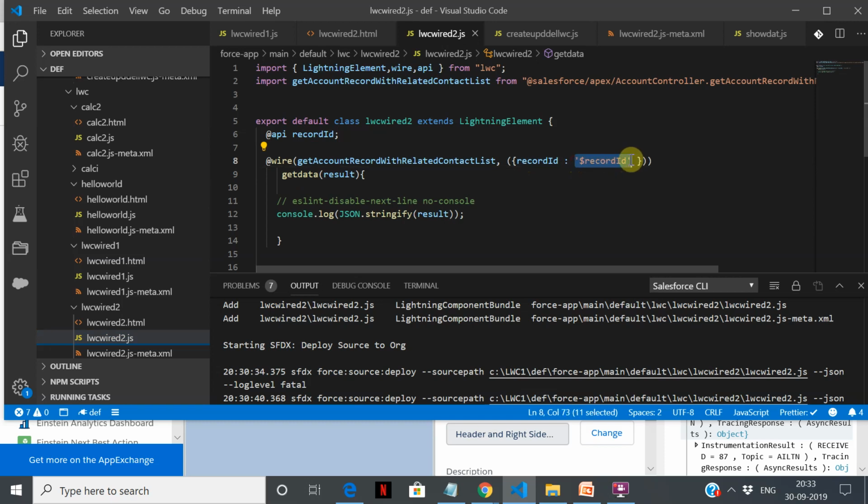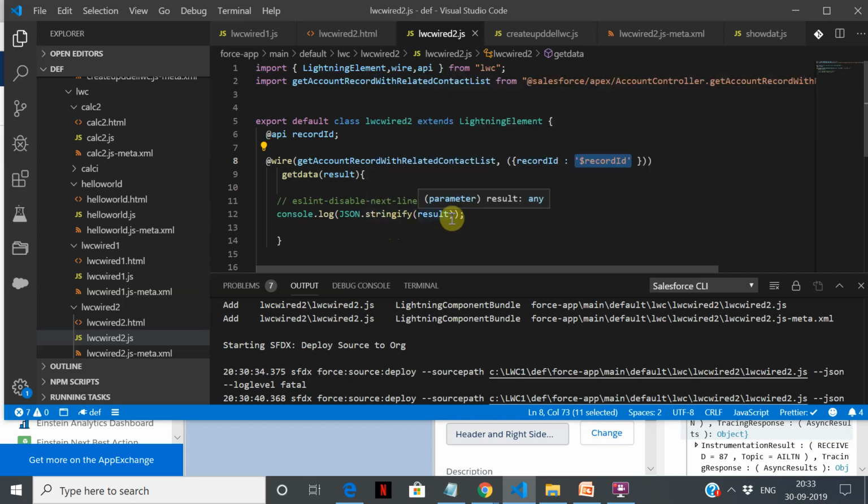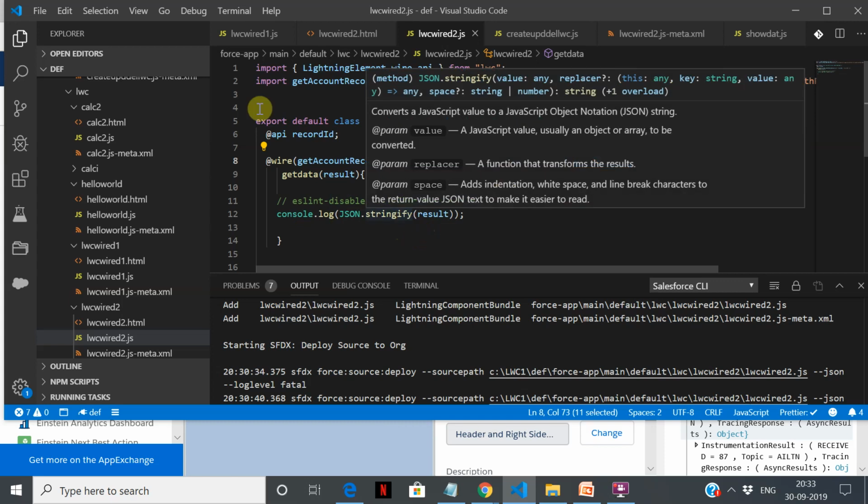Now this is similar to your v.recordId in Lightning Aura components. This is a system variable which gets filled with the current data if it is in edit mode. So now it is going to pass this record ID to our get account and it's going to give the results. Of course you have to do the JSON.stringify too, because it returns a JSON object which does not show properly in the console log. If you want to convert it into a string and see it, you can do the JSON.stringify.